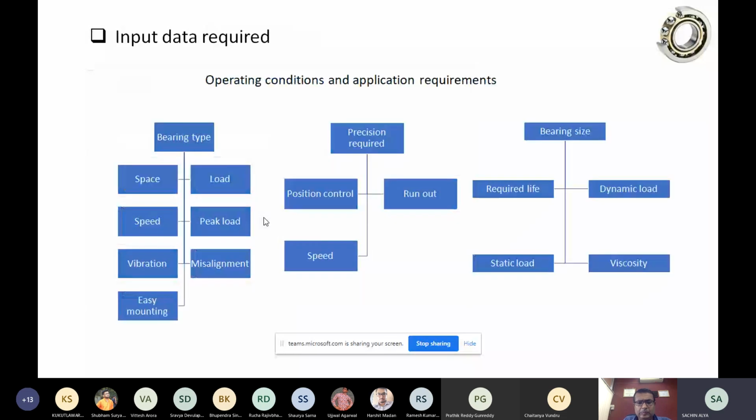Coming to the next thing, some things which we need to pre-examine in our system. These are bearing types.